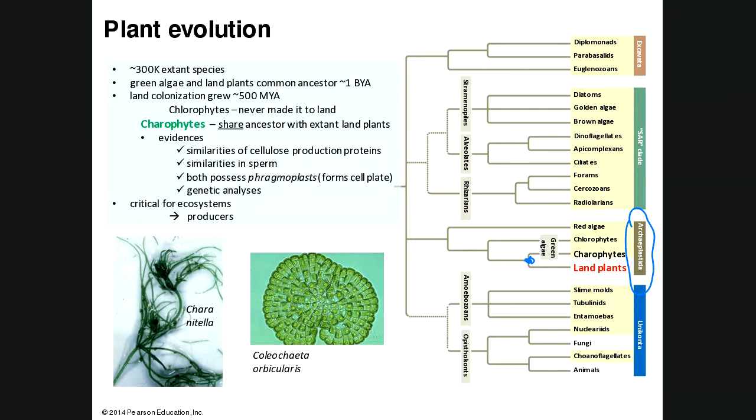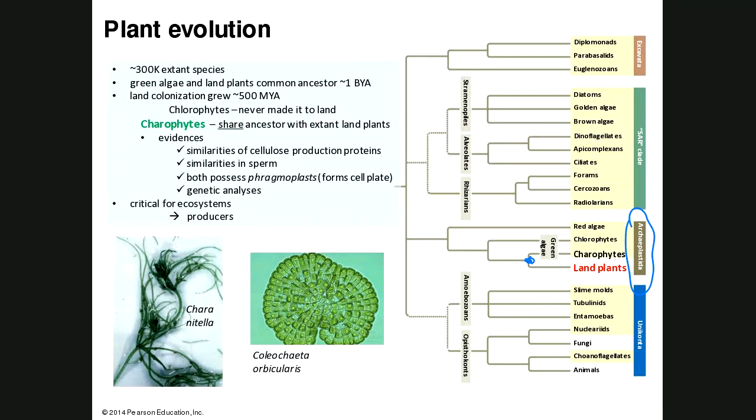Now, where do we have evidence to suggest this? How do we look at those kinds of things? This kind of goes back to what we were saying at the beginning of the semester. How do we know how to build these relationships? You could almost think of putting together a cladogram with these things that I checked off here. These are some of the evidences that we have for why it was the charophytes that gave rise to land plants. I'll let you look at those for a second. And I want you to be thinking about how is that an indicator of relatedness?